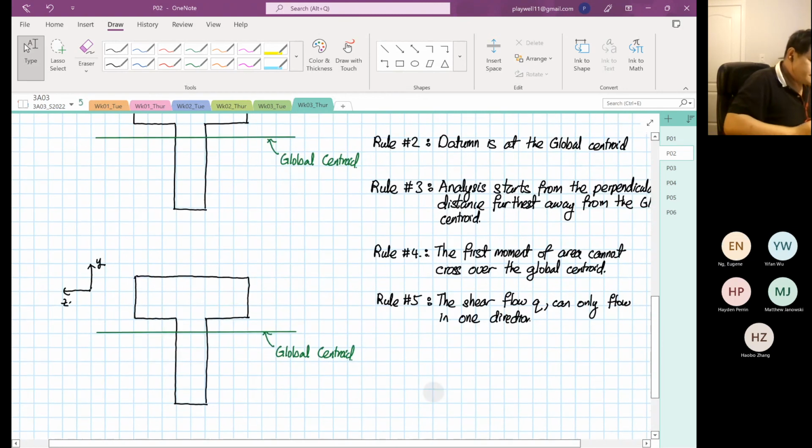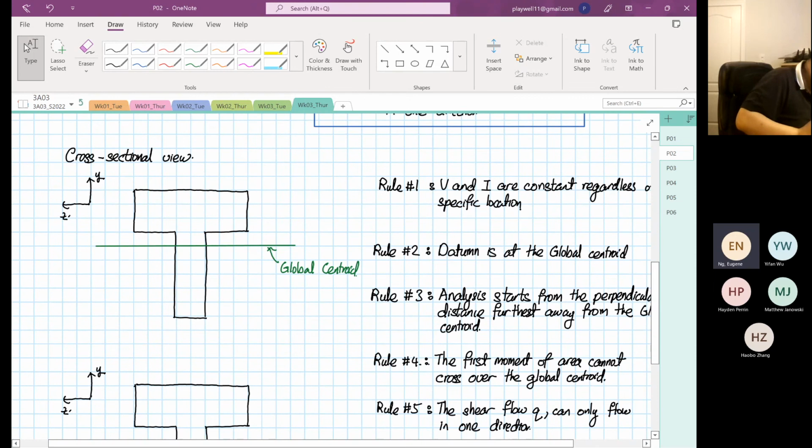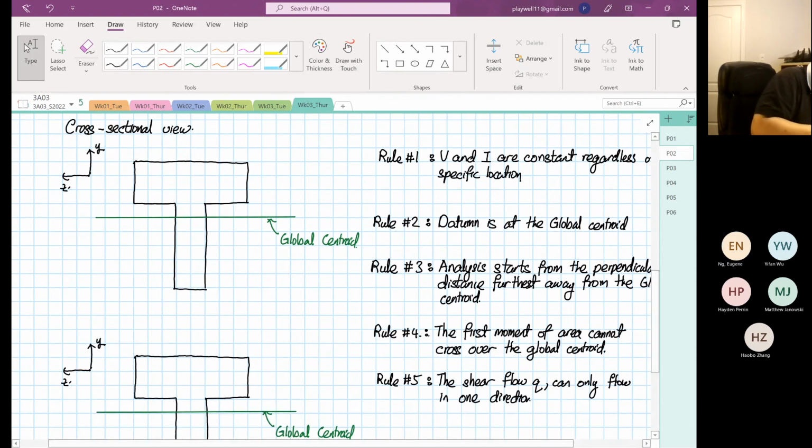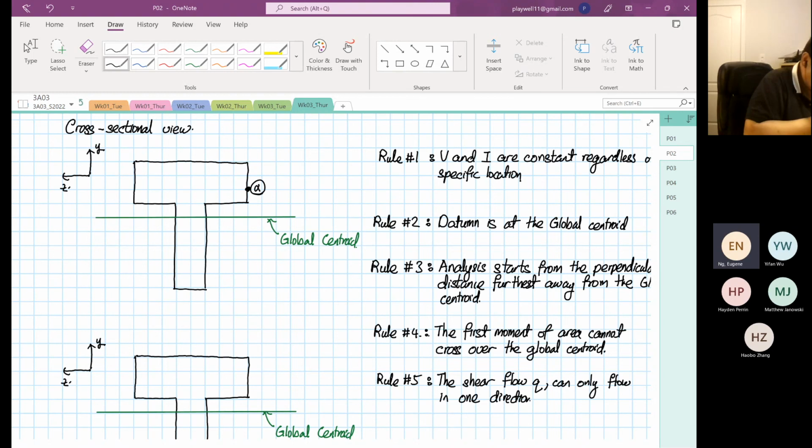So if we are going to find the stress state at point alpha over here, where is the first moment of area we're going to take? We know that the analysis, okay, so